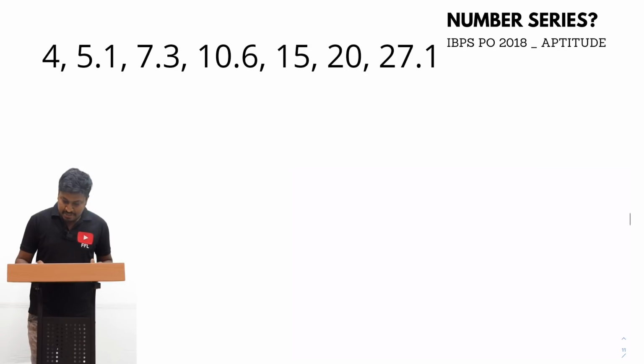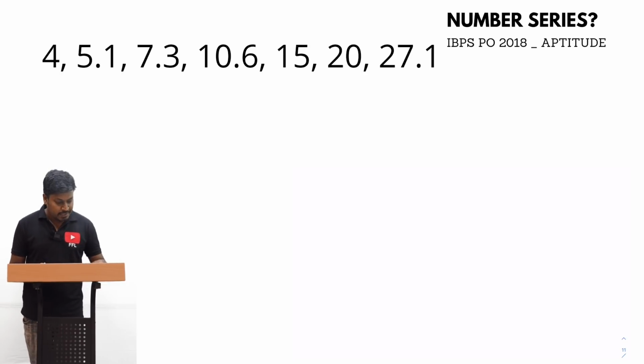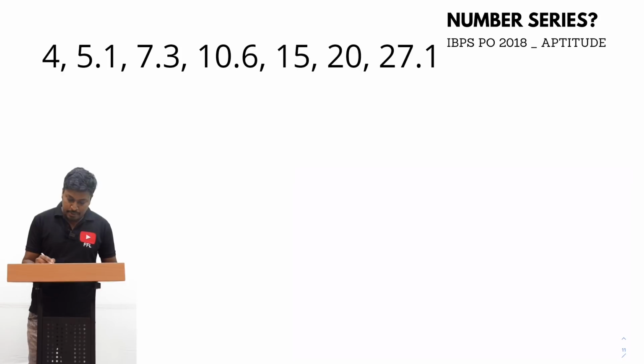Next will be the number series, right? After these 2 data interpretations, they have asked 5 questions from the wrong number series. Got it? So we have to find which of the numbers is wrong in the given series. So the first question is 4, 5.1, 7.3, 10.6, 15, 20,